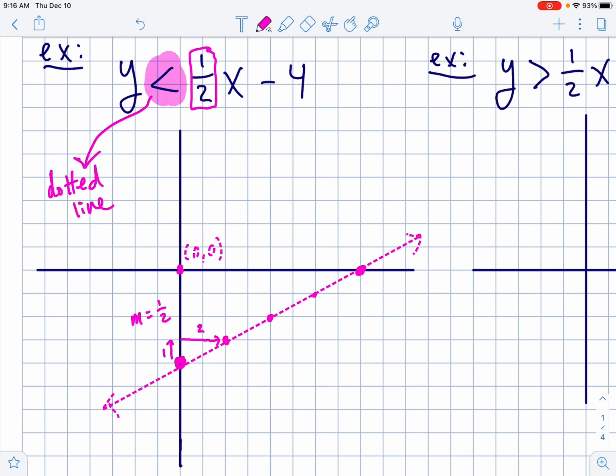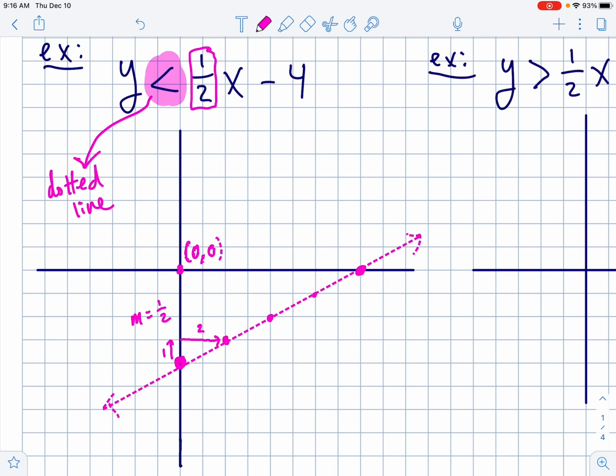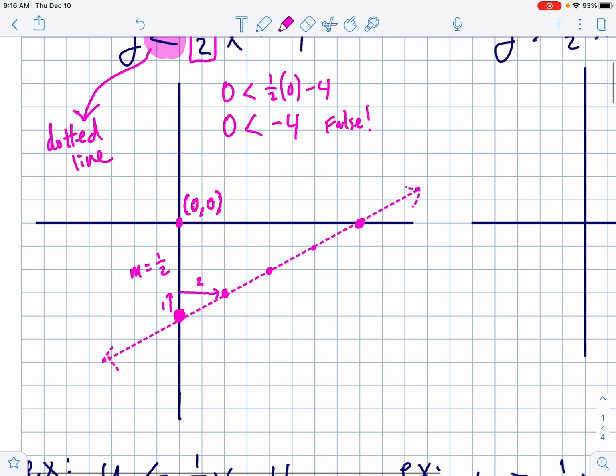Like if I pick the point 0, 0, and then I plug that into the main inequality. That means 0 is less than positive 1/2 times 0 minus 4, which is 0 is less than -4. So then you have to think, is this true or is this false? Is 0 less than -4? This is false. 0 is not less than -4. It's greater than -4. So that means that we would shade on the other side of